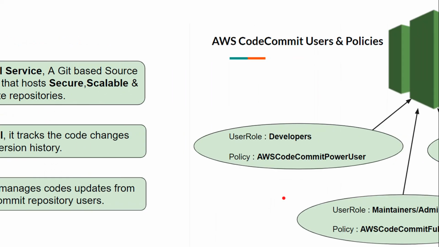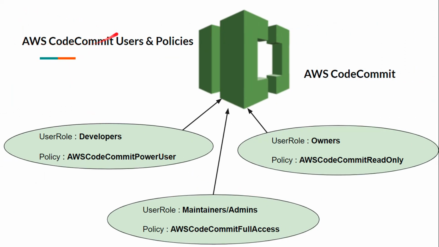application projects. Now let's talk about AWS Code Commit users and the managed policies which we get from AWS to use AWS Code Commit service. So the first policy we get from AWS for AWS Code Commit service is AWS Code Commit Power User, and this is mainly used for the developers of the application project. This policy allows users to pull the repository, push the changes into the repository, create branches or merge branches, tagging the repository, but it will not allow developers or users to delete the code repositories.